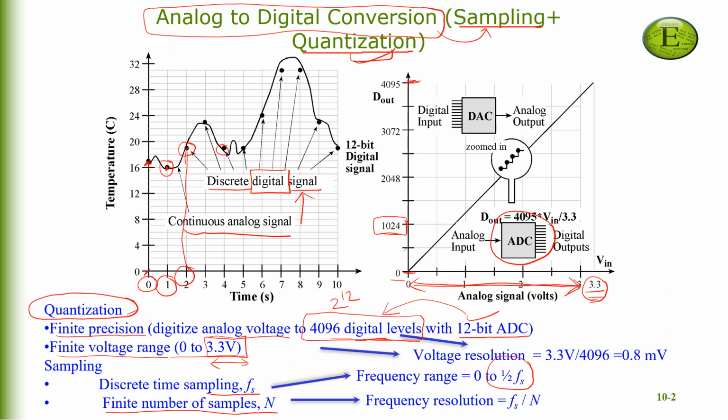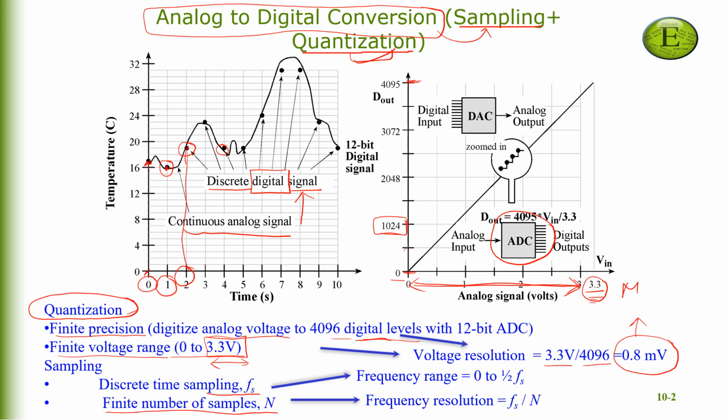That also brings up another observation regarding the resolution. Here we can define resolution as the maximum value of the analog input voltage sample divided by the number of digital levels, that's 4096. So 3.3 divided by 4096 gives us 0.8 millivolts. What is the significance of this value? Well, this is the minimum